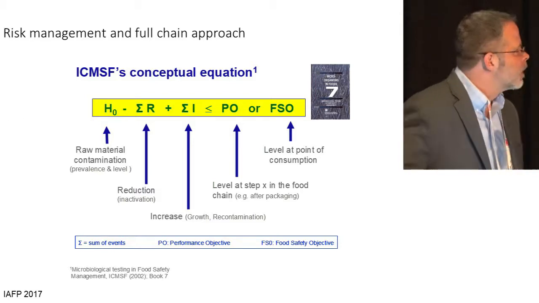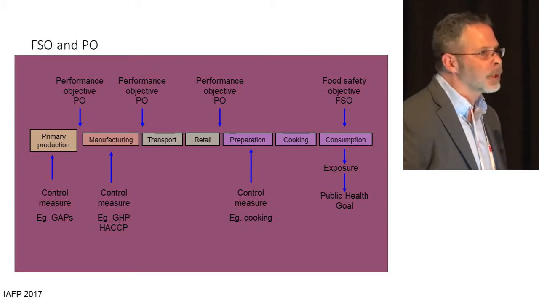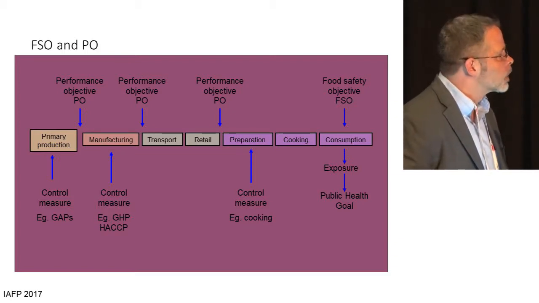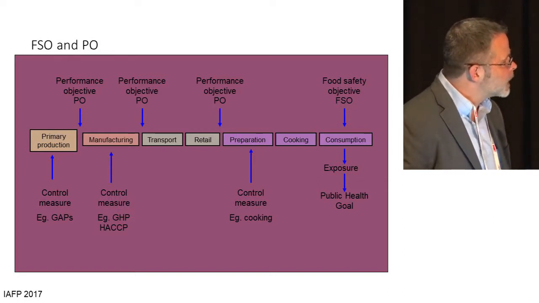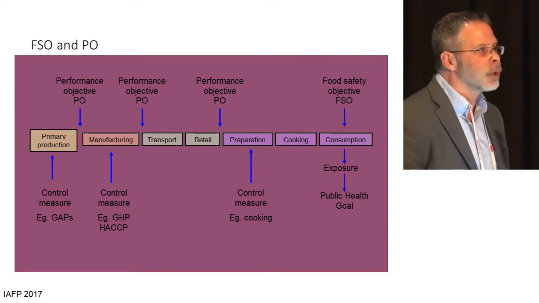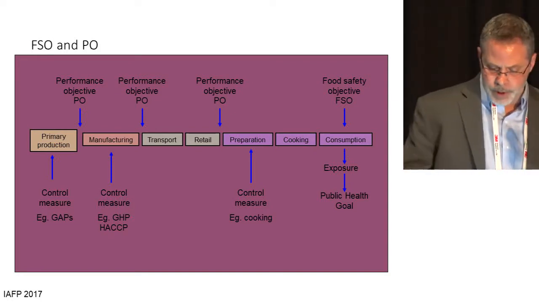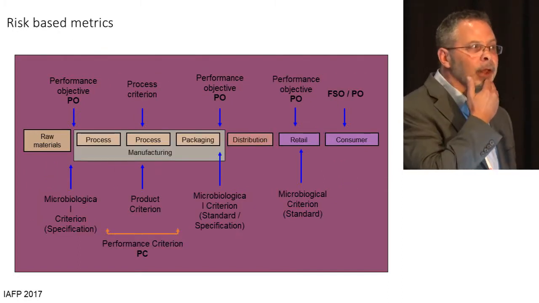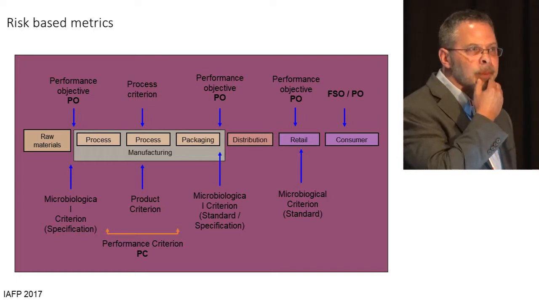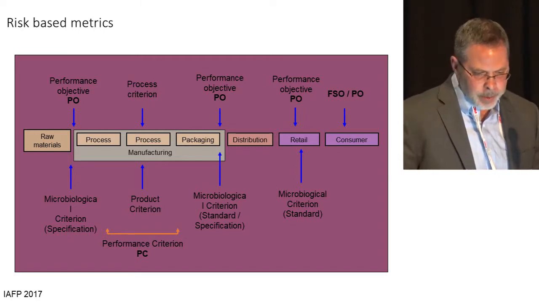And this is a more detailed diagram of a typical food process and where we can apply performance objectives in order to meet whatever my final objective would be for the product. And so at each of these steps, once we know what we need to achieve, we can identify the control measures that I need to put into place to achieve those performance objectives. And then, if necessary, I can establish criteria that can help me evaluate or verify whether or not I've met those performance objectives. So it's a very logical way of approaching the management of risk in my products.